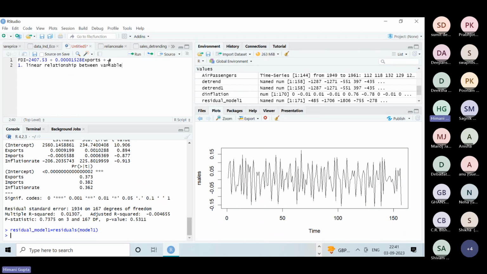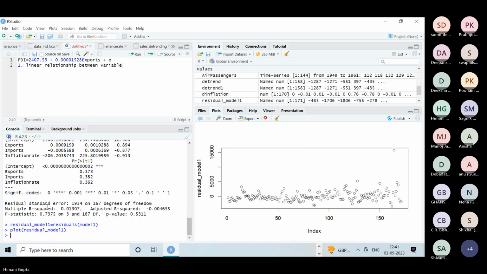My E term, whatever the E term is, I have created my residuals. All the residuals are stored in this. Now what you have to do, you just have to plot it. Plot residuals, model 1. Now you can see this. Are you able to see this plot? Now, are you able to see any pattern over there? If you are able to see any pattern, that means there is